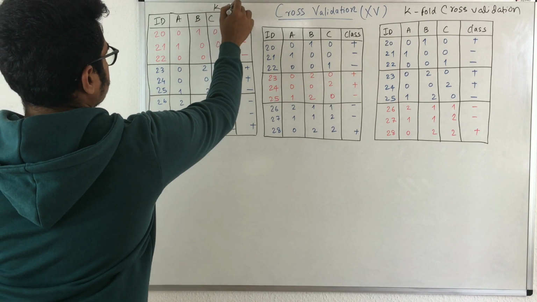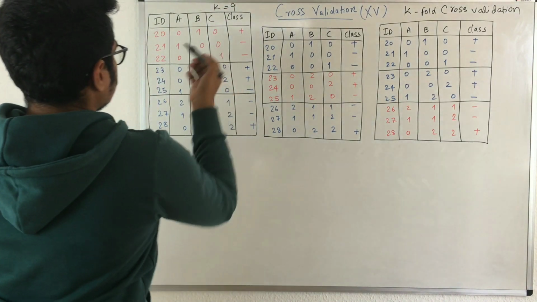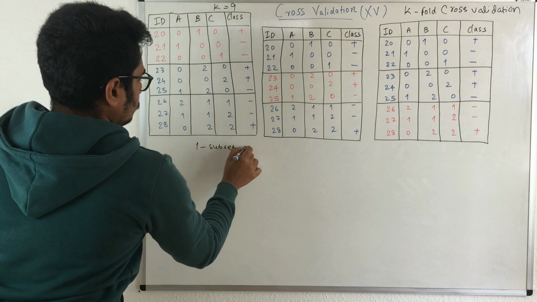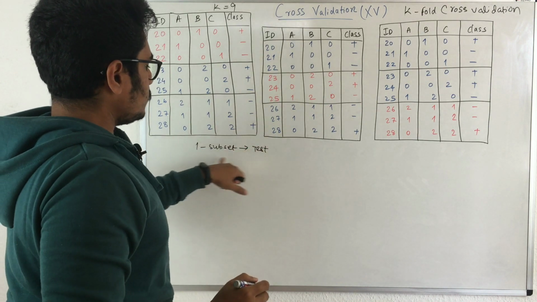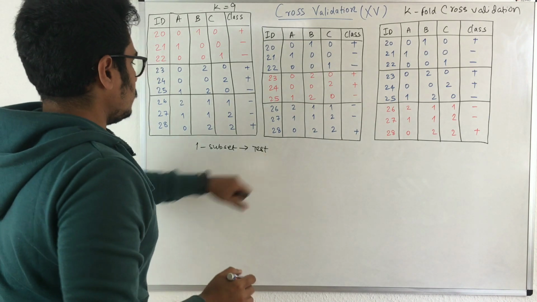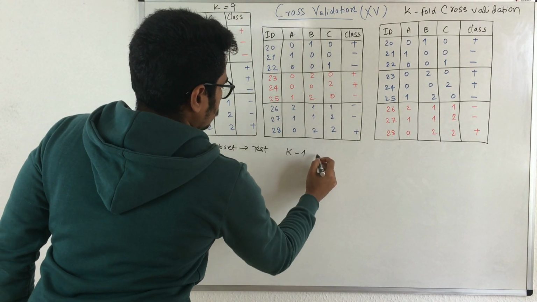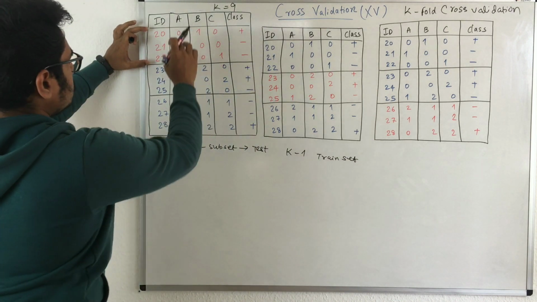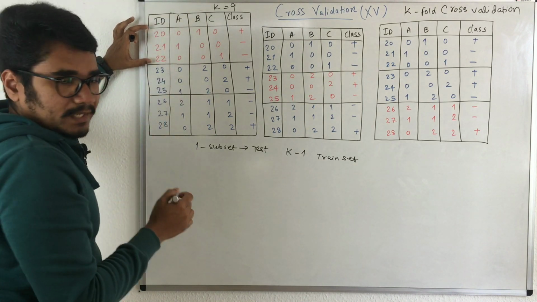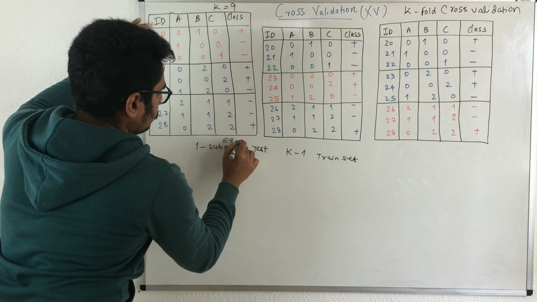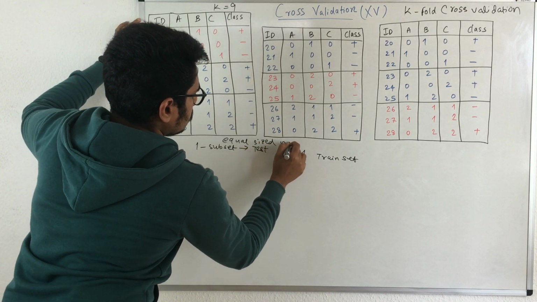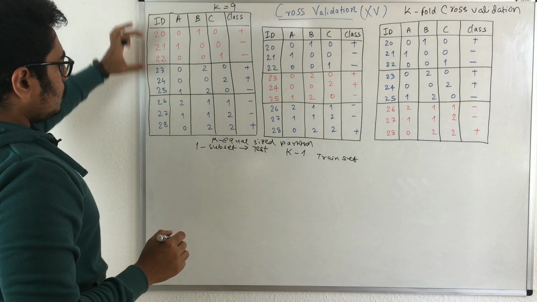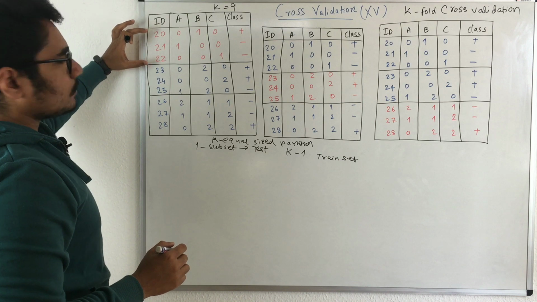So I have a data set with k instances, that is, I have 9 instances in this, and what cross validation suggests is that one subset should be reserved for test. Means one of the subsets will be used as a test set, and the rest, that is k minus 1, will be used as the training set. So you need to divide the data into k equal sized partitions. If I divide it into 3 segments, then each segment should contain 3 records.